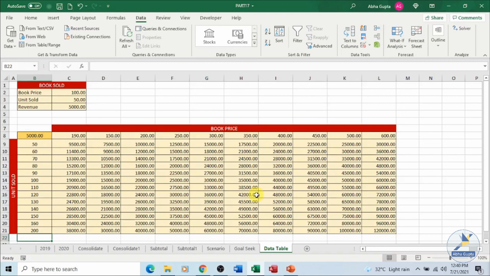So in this part we have discussed different ways of analyzing and summarizing our data. We can make use of the consolidate feature, we can create subtotals. Then you have three what-if analysis tools: scenario manager, goal seek, and data table. We have seen these three tools with the help of examples.